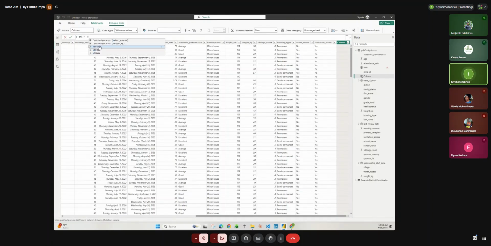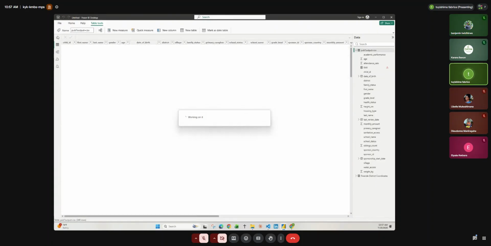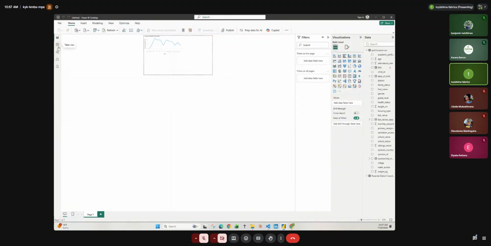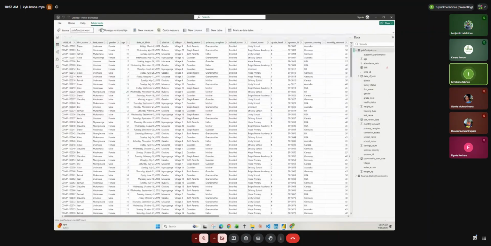To be equal, I'm going to add the column for BMI. Let me first rate it. Go on table view. We are on report view. Go on table view and go on table tools, and we are going to add a new column that will be showing the BMI of each child. Go on new column